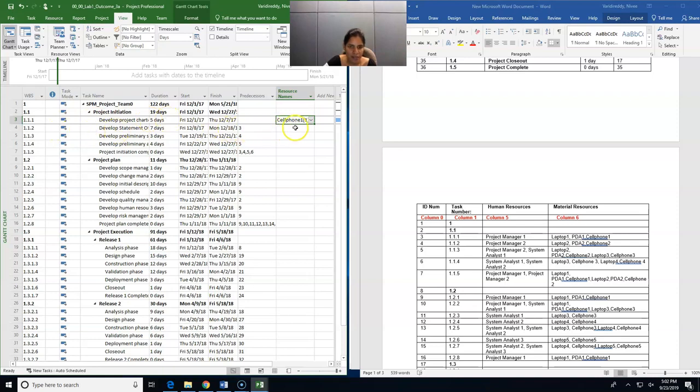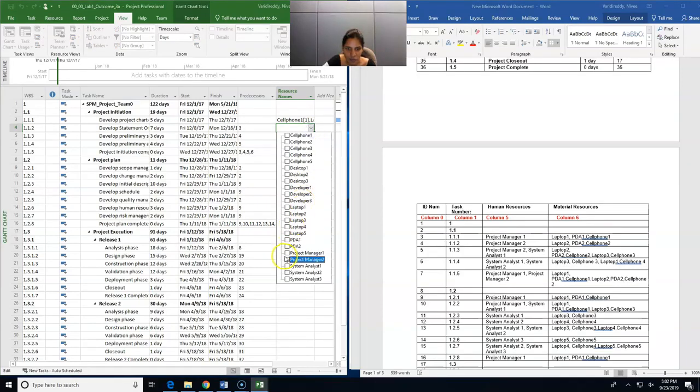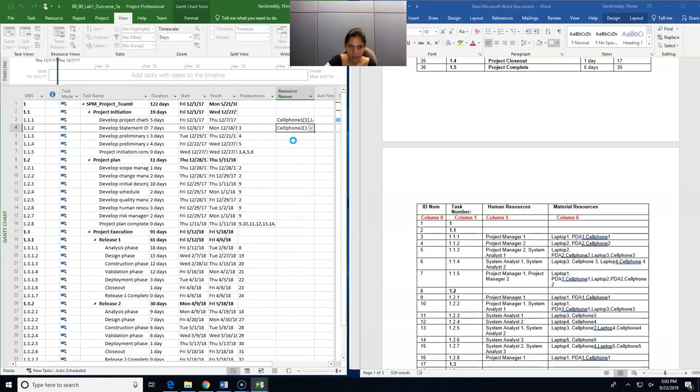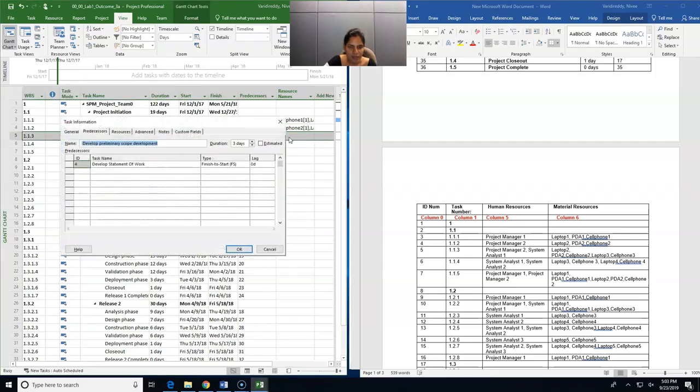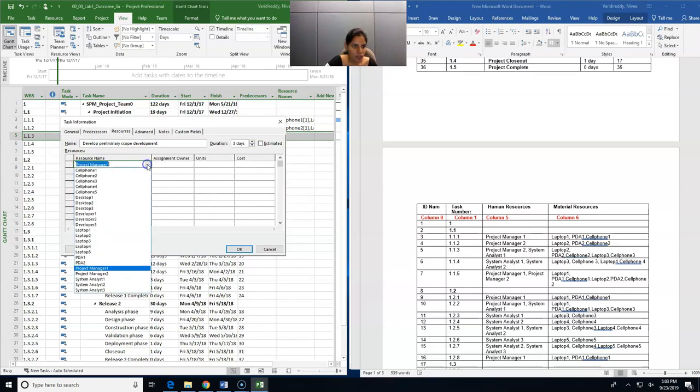Similarly, you need to assign resources to all the other tasks. Let us see one more task. For 1.1.2, we have project manager 2, laptop 2, PDA 2 and cell phone 2. We can also enter resources by double clicking on the task and going to the resources tab, and you can just enter the resource names. You can just type it yourself so that you'll get it by default, or you can select it from the drop down. Let us see for 1.1.3, we have project manager 2,